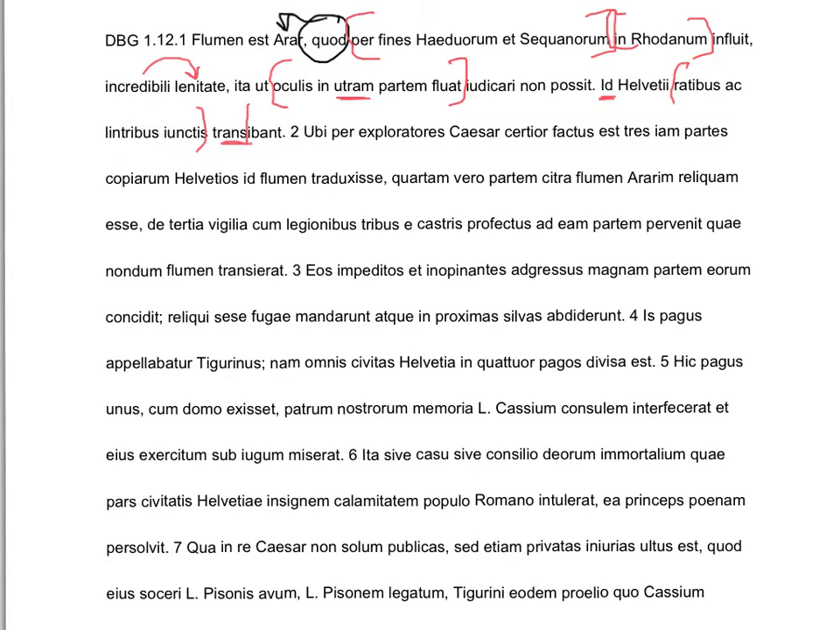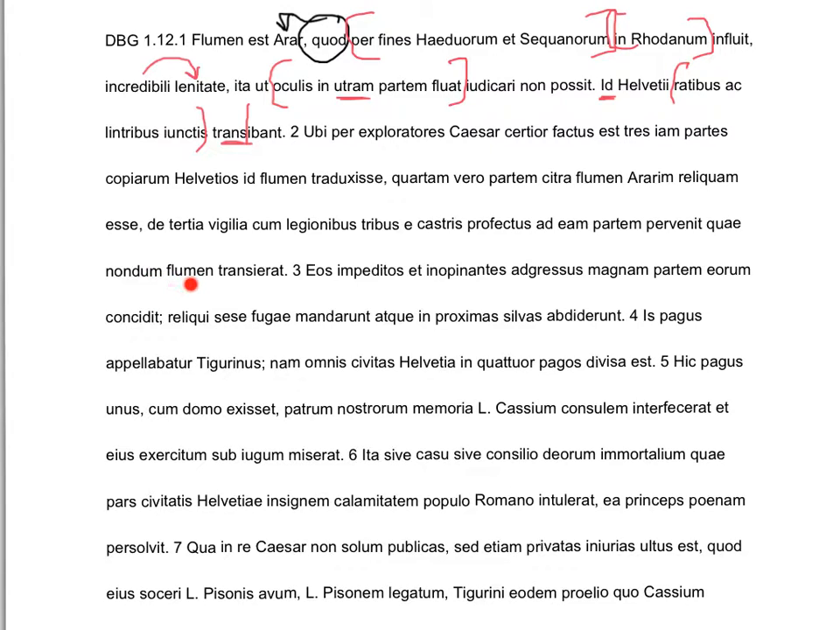Ubi per exploratores Caesar certior factus est, tres iam partes copiarum Helvetios id flumen traduxisse, quartam vero partem citra flumen Ararim reliquam esse, de tertia vigilia cum legionibus tribus e castris profectus ad eam partem pervenit,